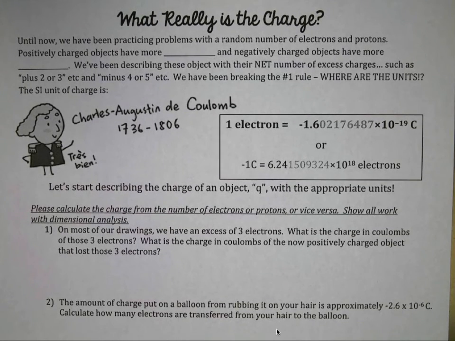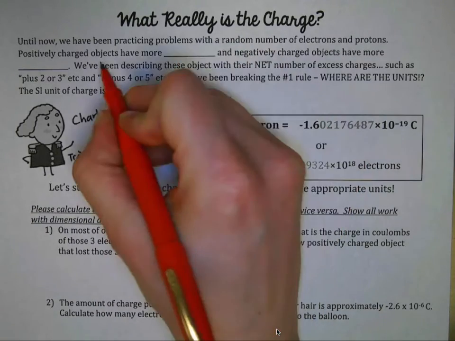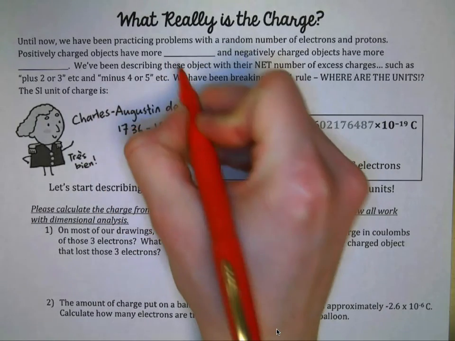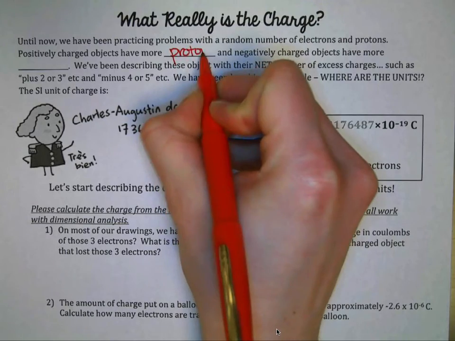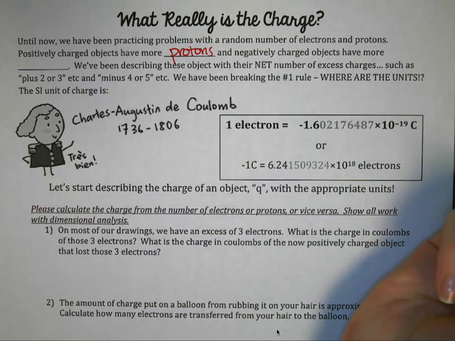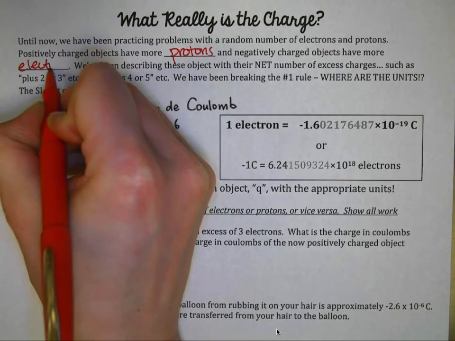All right, we're going to take a look at electrons and really what is the charge. In chemistry class, you always say things like +1 or +2 or -1, but we've really been describing them with no unit. Until now, we've been practicing problems with a random number of electrons and protons. Positively charged objects have more protons,